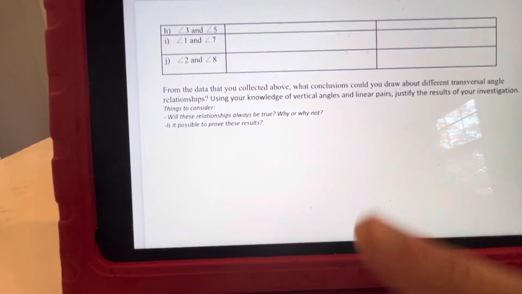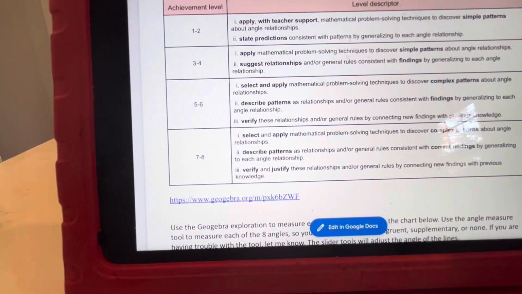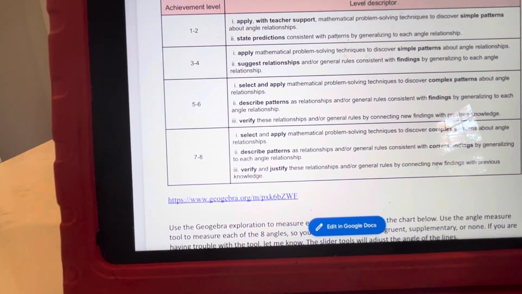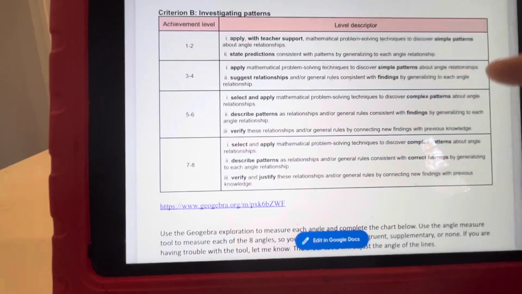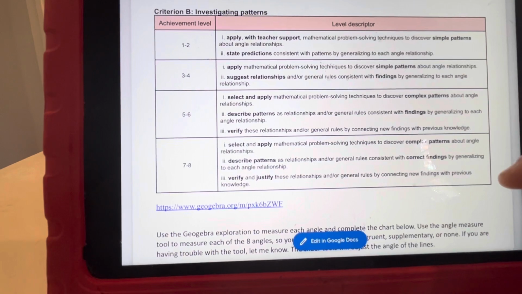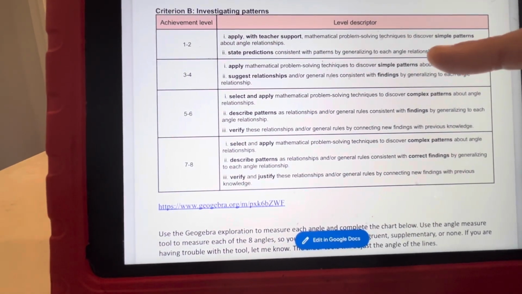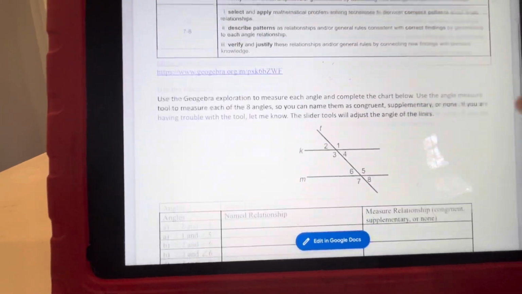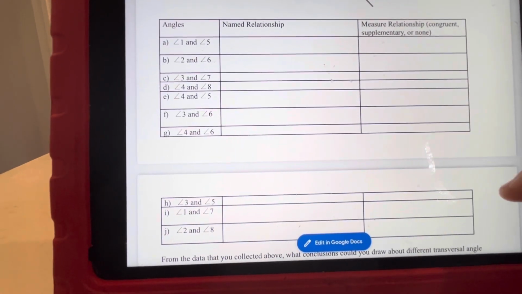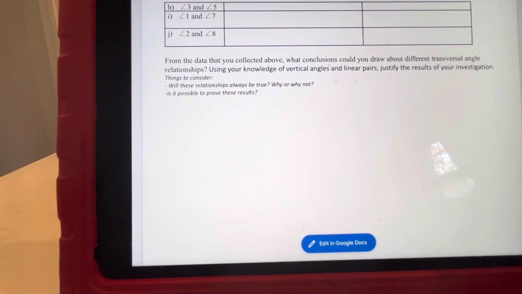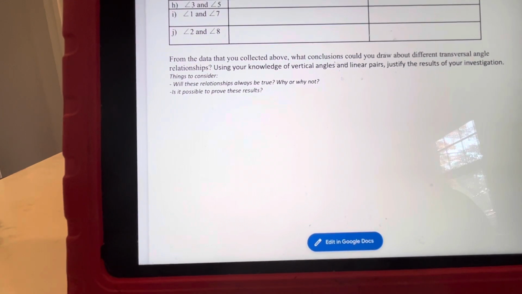This is the part that's going to get you the biggest chunk of the grade. Everything that you've done up to here is not really part of the graded assignment, because all you're doing on this graded assignment is looking at the patterns. So in order to look at patterns, we need to have patterns, and that's what you're creating here. And now you're going to write about